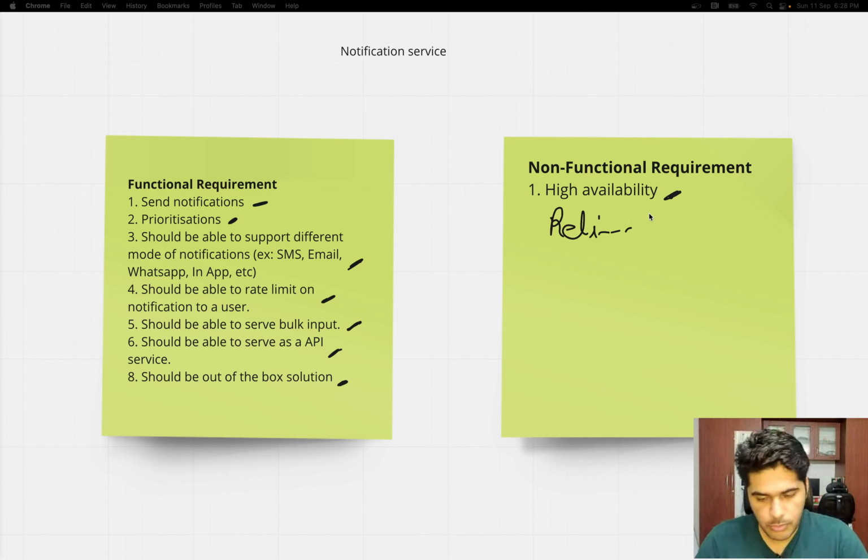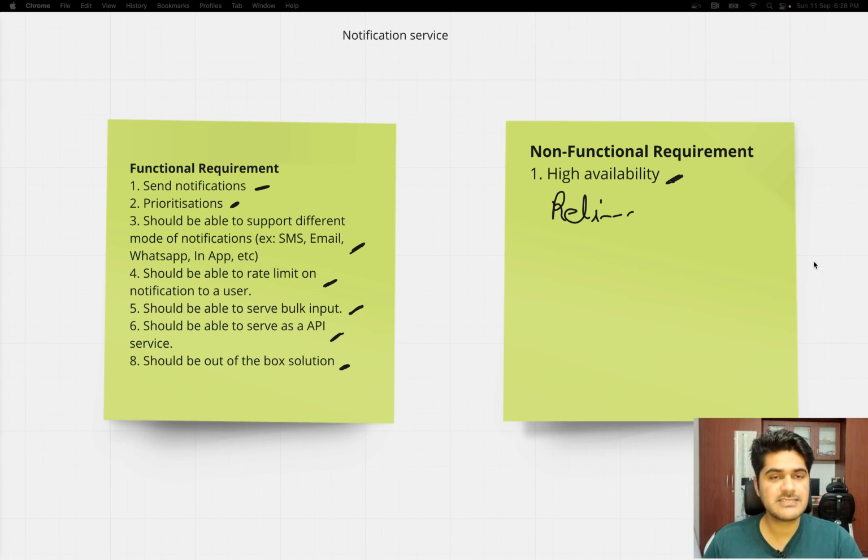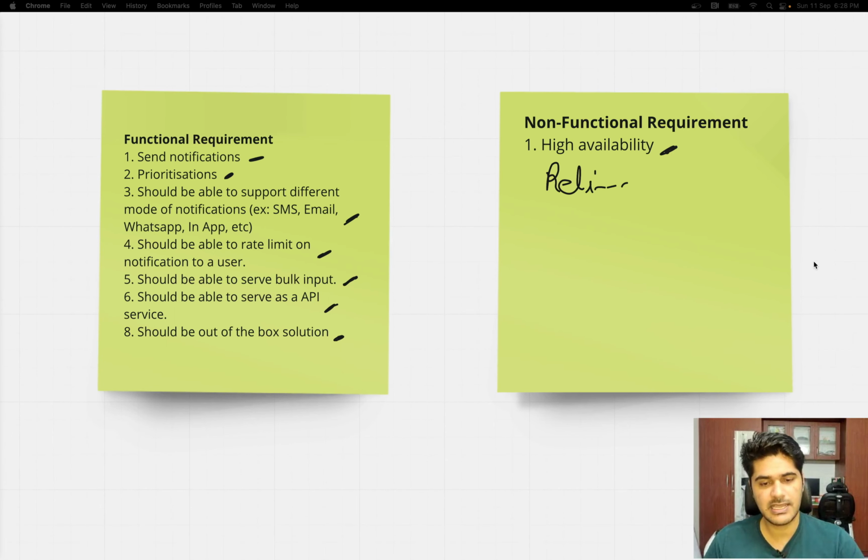Now let's move on to the high level design. Basically I'm not going step by step. I'm going with the best design I have, right? There can be multiple designs, and I will talk about what can be a smaller, more concise version of this design.